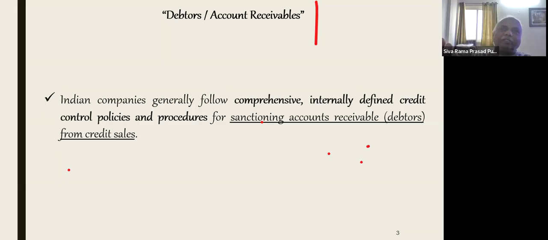Once the buyer asks for the goods, the seller will send them immediately. Why? Because of the reputation of the company. Take Amazon, for example. I am manufacturing one product. My company is manufacturing some consumer durable goods or fast moving consumer goods. And I ask Amazon, sir, on your site, please sell my products also.